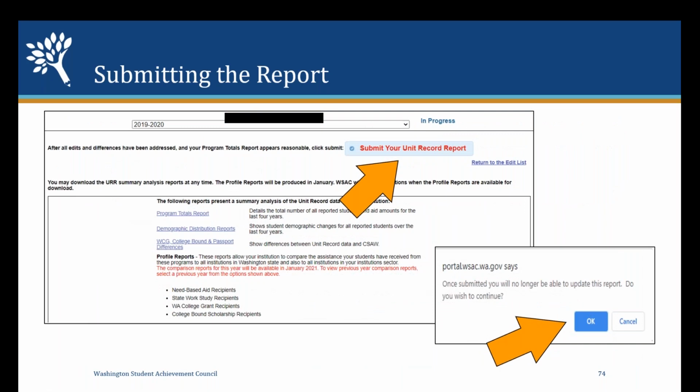This is your final step here. Once you click this Submit Your Unit Record, this pop-up will show. Once you have clicked OK, you will not be able to go back in and make additional changes to your unit record without contacting one of the unit record staff here at WASAC. We can reopen the file if necessary, and we definitely encourage you to do so if you realize there's an omission or a correction that needs to be made. We'd prefer to do that sooner rather than later